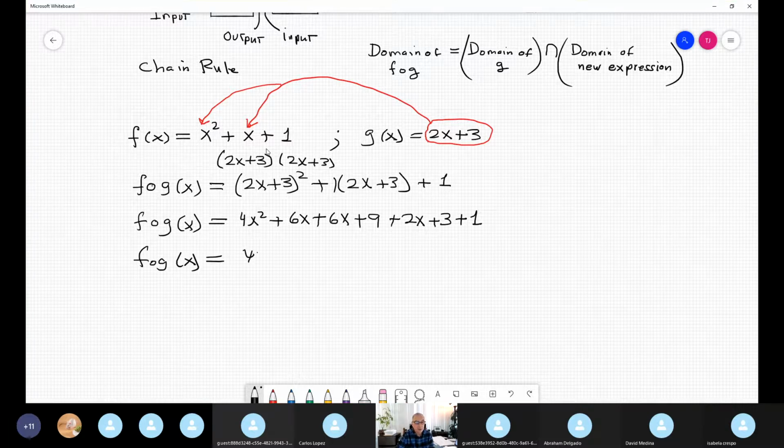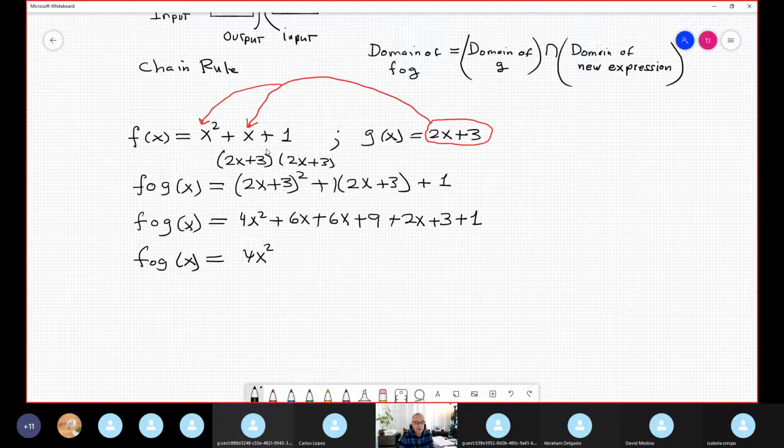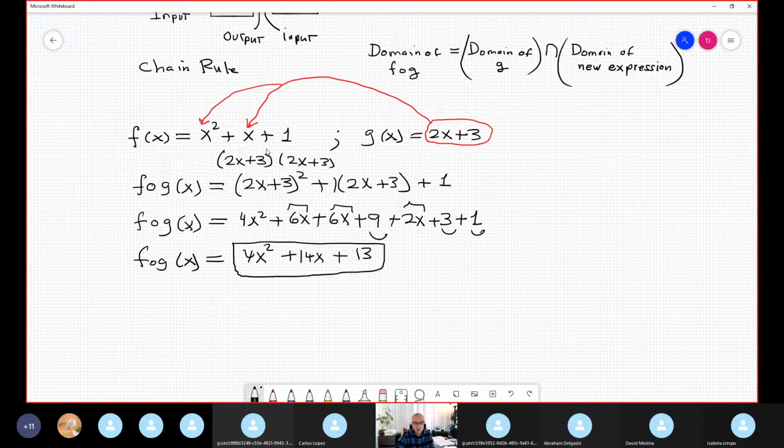Is 4x squared, and you organize in descending order of the degree. Degree 2, you combine like terms, these and these and these: 12, 14, no? 14 plus 9, 12, 13. Okay, this is the expression that represents the composition. Okay, super, this is easy. This is no big deal. Wow, it's super easy. However,